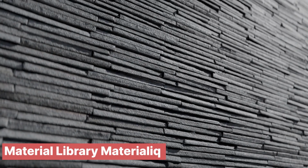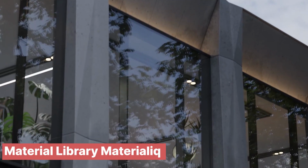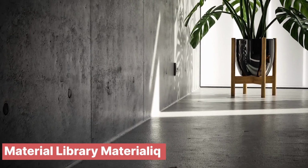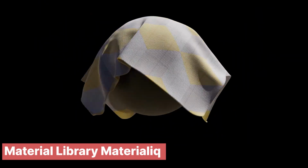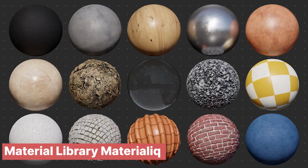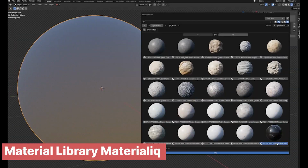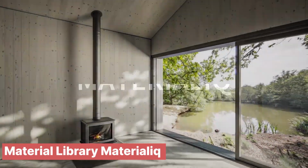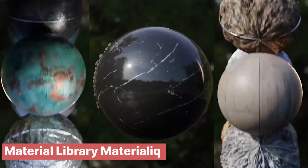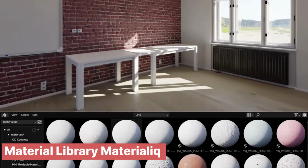Speaking of presentation, the materials you use can either make you stand out or cause your work to fade into obscurity like everything else. High-quality materials add depth, realism, and style to your renders, but crafting something like silk, metal, or weathered surfaces from scratch takes serious skill and time, especially when working across multiple projects, as this industry often demands. That's why having a library like